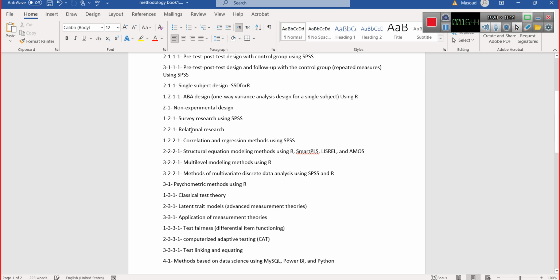So I name this variation of quantitative research the relational research. You can do the correlation and regression methods, which are traditional, and the direct relationships of two variables, or more than two variables with one dependent variable,